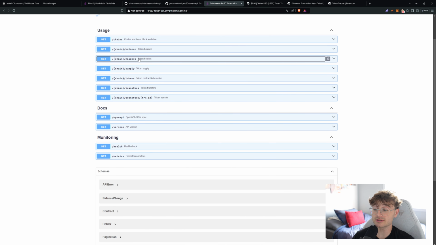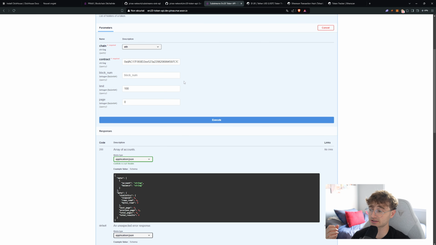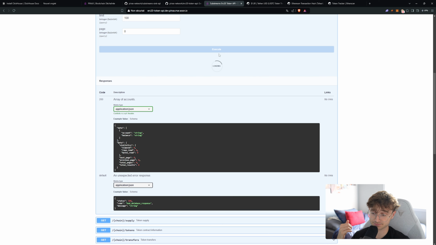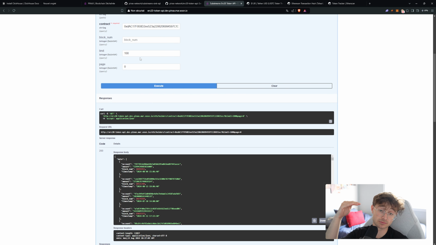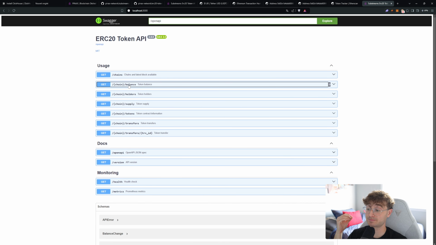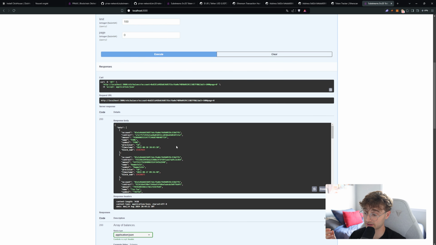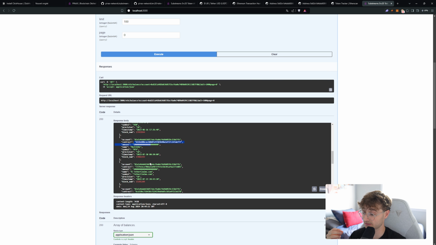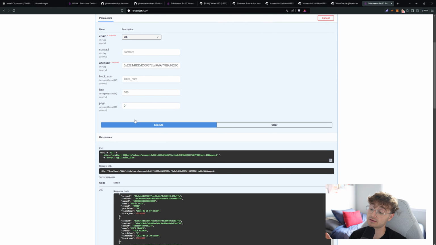We also have the holders. So for example, if you want all the holders who have the most tokens of this contract, so for example, for USDT, you simply execute the query and it's going to give you all the holders with the limit you specify. So it's going to order by the most holders a token has. We also provide data about balance. So for example, if you need to know how many tokens any address has, you can fetch the balance endpoint and you are going to get all balances of any tokens you have, and you can filter with the contract exactly, or you can get all the tokens you have.